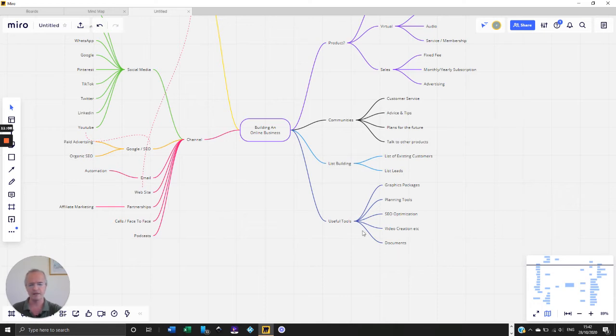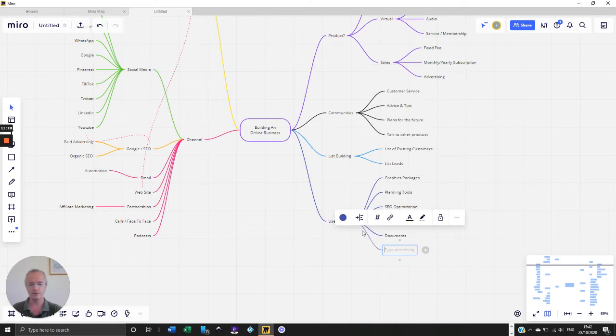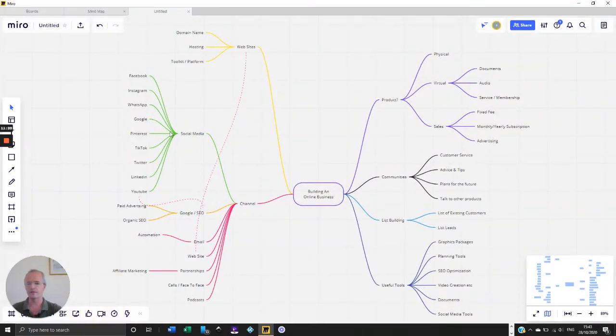And then the next one, the final one I'm going to talk to you about right now, is social media tools. We talked about all those different social media platforms, and if we scroll back over here, social media channels. And the beauty is you create the content once and you can deploy to these simultaneously.